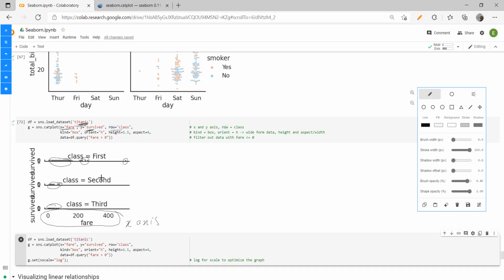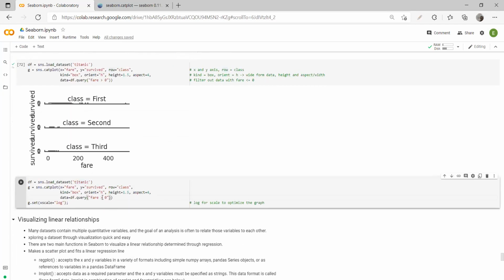Rows, instead of columns above, we made rows over here. Rows on the basis of class, the first class, the second class, and third class. Above we made a column in the above example. In this example, we made rows. We selected a certain height and aspect, basically how big we want and what should be the aspect, how wide we want. And we are querying as fare is greater than 0. Right? So only the fare that is greater than 0, because we are plotting fare over here. Now it is not visible, right? There is a question. Harish, for this one, can we change X axis to survived and Y to fare? Yeah, we also tried that, right, a while back. Okay.